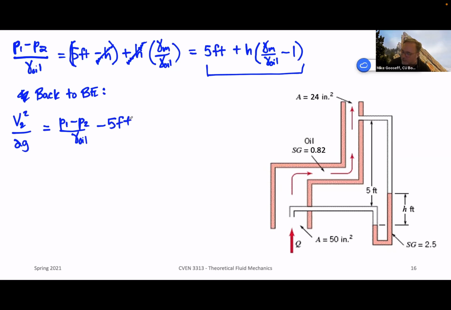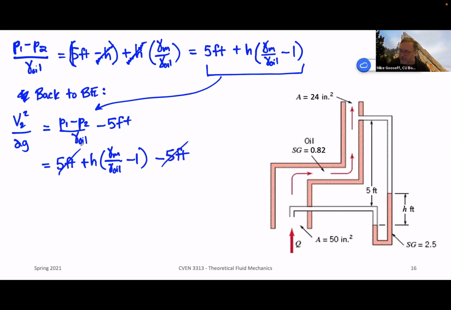And if we now substitute this in right there, we get 5 feet plus h times the manometer fluid specific weight divided by the specific weight of water, or sorry, oil in this case, minus 1, and then minus another 5 feet. Now we get to cancel these 5 feet. They cancel out, right? A plus and a minus. So